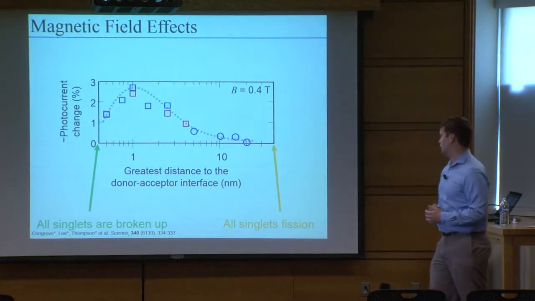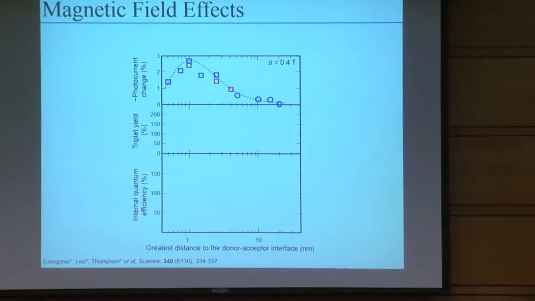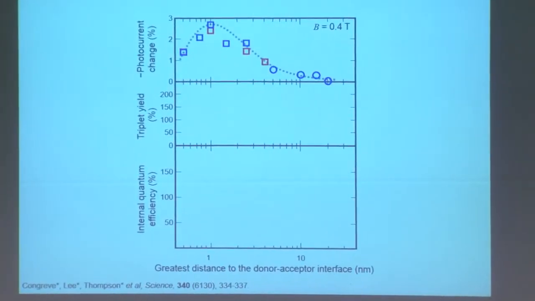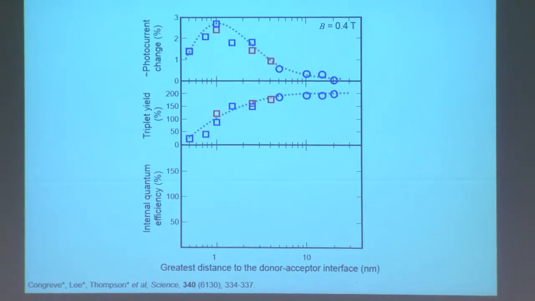And in fact, that's exactly what we see from our devices when we fabricate this whole range here. We can take our model and transform this into a triplet yield, or an output yield, and we can do that pretty easily. And so what we see here is quite interesting. This is just the number of triplets that we get out per singlet that we put in. At very thin layers, as we expect, we get almost no triplets out because all the singlets are breaking up. But by the time we hit about 5 to 7 nanometers thick layer of pentacene, we've now basically gotten all of our triplets out. So that's kind of the floor of pentacene thickness that we need to really be doing